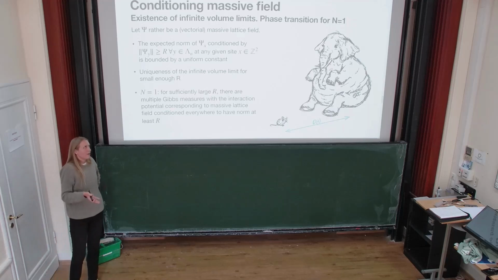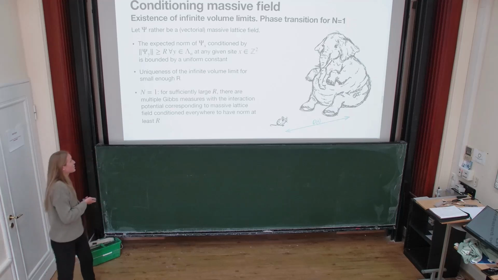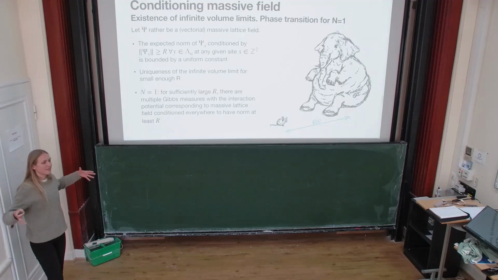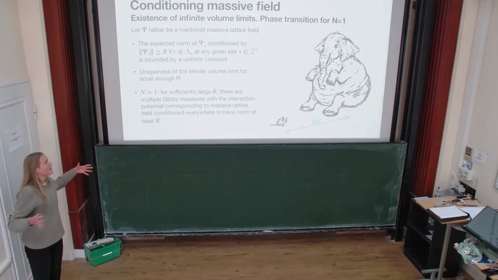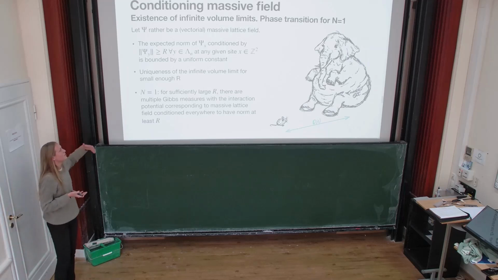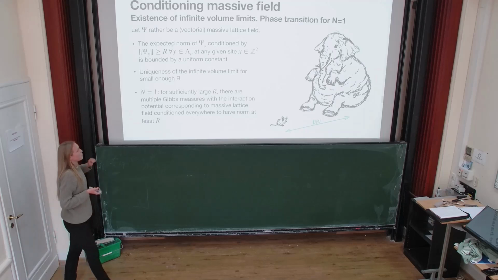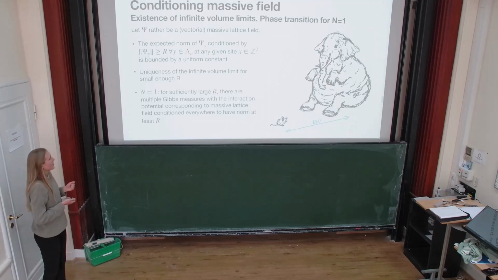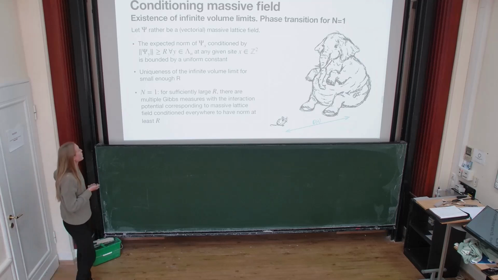We don't know, maybe it's not unique. And actually what happens in dimension 1, in spin dimension 1, is that independently of the mass, as long as R is positive, if R is large enough, there are at least 2 Gibbs measures which have the interaction potential of the basically hard-core field condition to stay away from the ball for all the lattice points. So in particular, there is no uniqueness, but